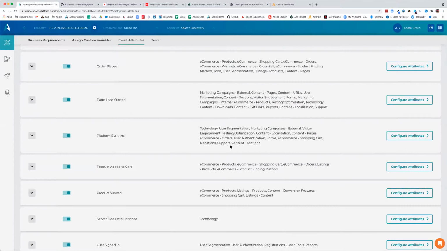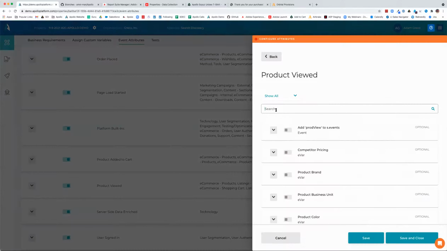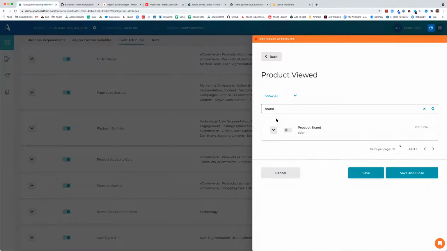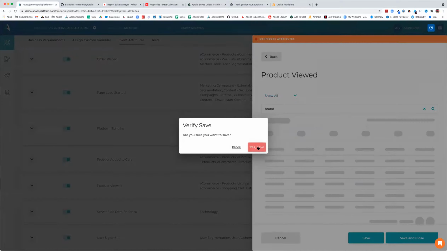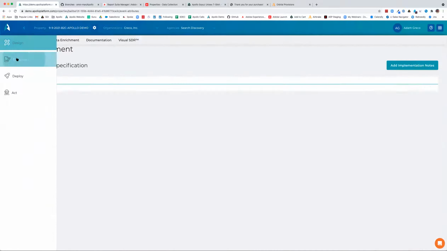And then there's one more. I did it for cart viewed, but I don't think I did it for product viewed. So I want to do it for product viewed. So I'll type in brand here, turn it on and save. Now this may turn on new business requirements as well, but what's really neat about this is that when I